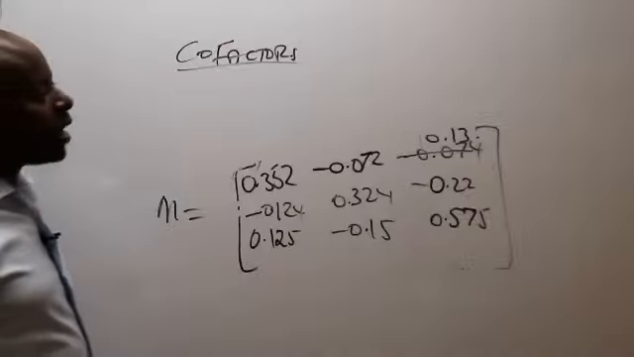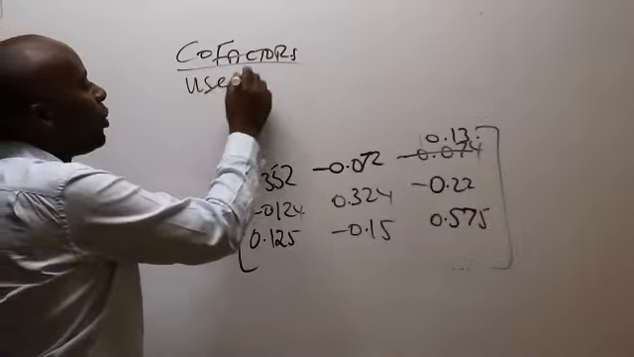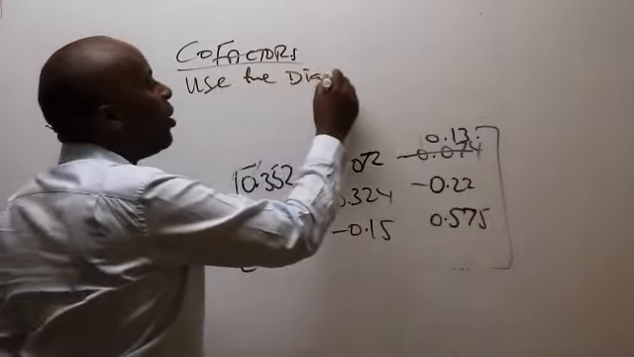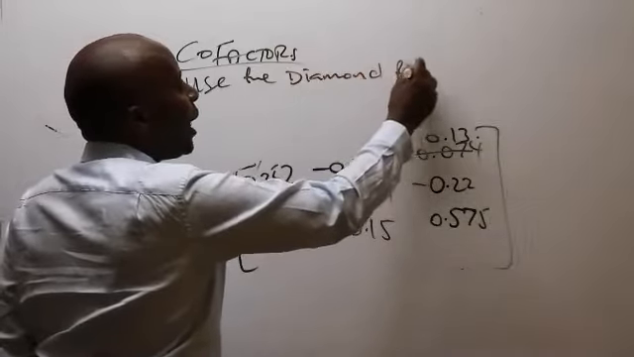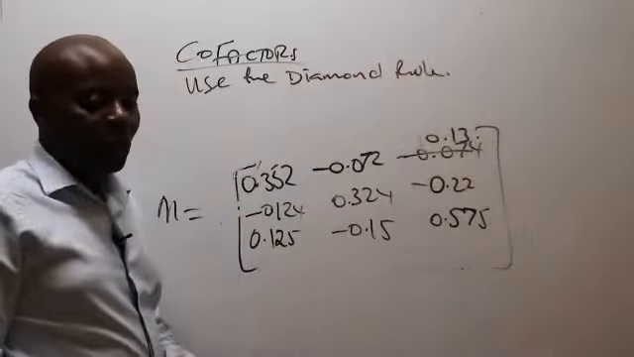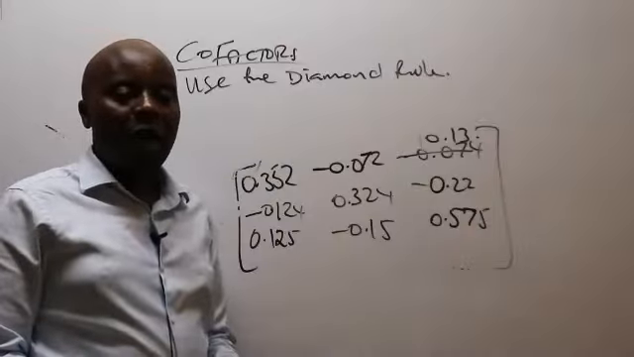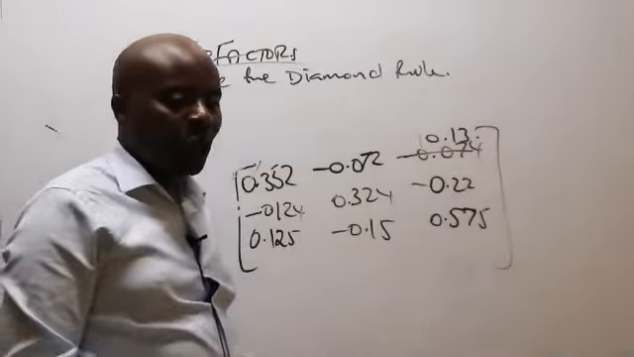Basically, to get cofactors, we use the diamond rule. We use the diamond rule. So you use the diamond rule, and at this particular juncture, I would want to know whether there is any